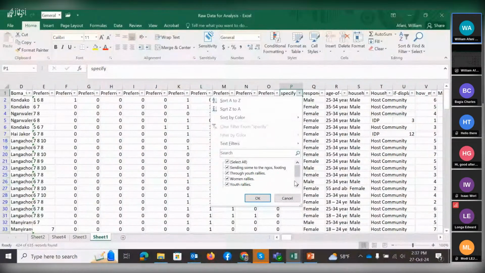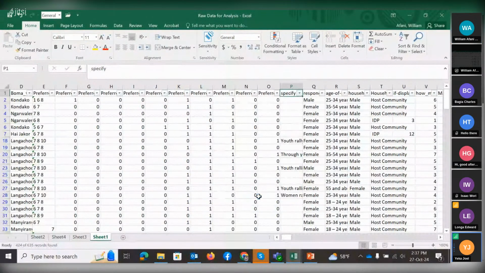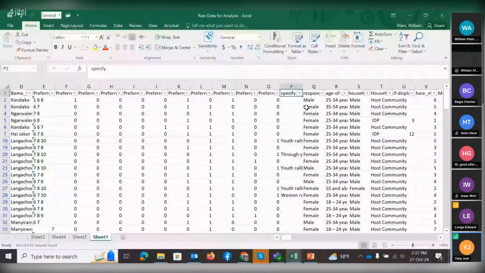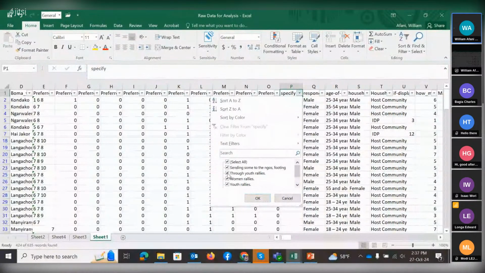So this and this? The same, yeah. Through youth rally and then youth rally. I think these are the same thing. But because it comes from different respondents, it will not affect the analysis. This one is not going to be put in pivot table, but you are going to see the